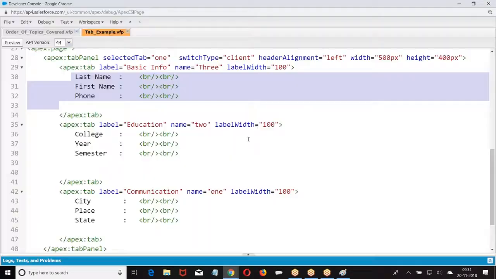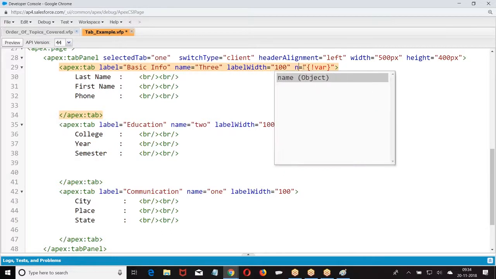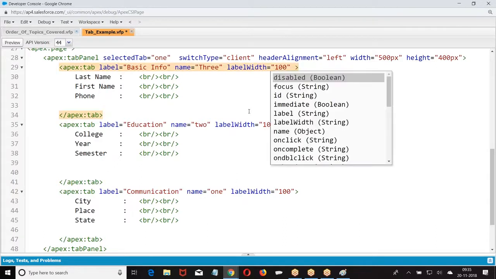By using name. Using JavaScript, I can use ID. But in the Apex program, if you want to control, I have to go for name. Right? Are you getting my point? For ID, I cannot give a variable value here. For name, I can give a variable value. Do you get my point here? Yeah. Okay. Continue.